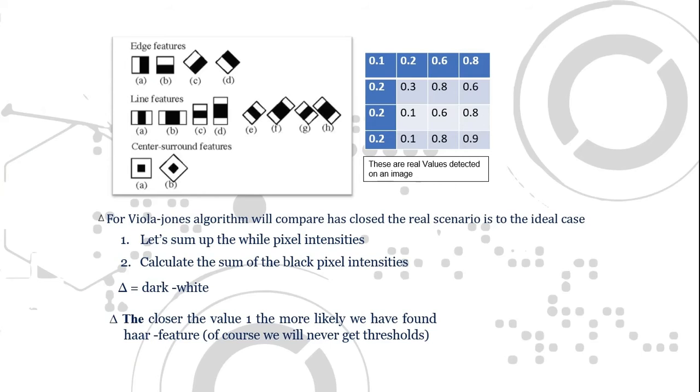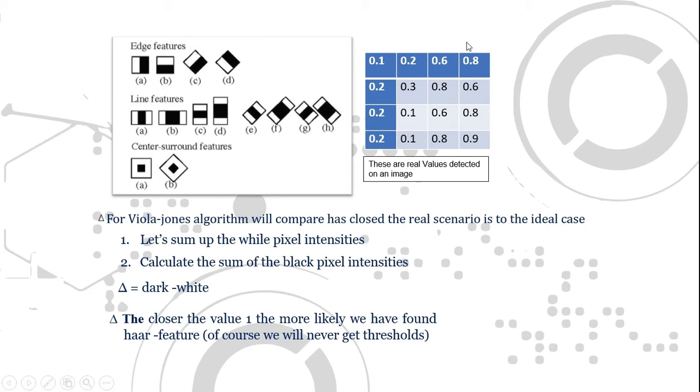In this picture you can see edge features, line features and center features. Actually, the edge feature is used for the eyes and lips, like black and white, white and black, a similar kind of pattern. The line features are used for black, white, black, or white, black, white type patterns. And the center feature is used for things which have a white surround and black center, or a black surround and white center.